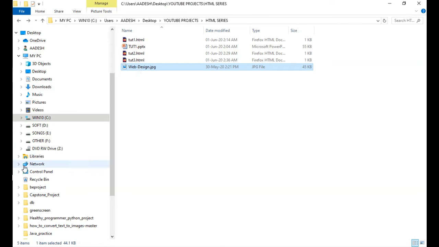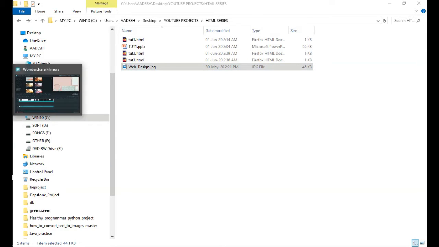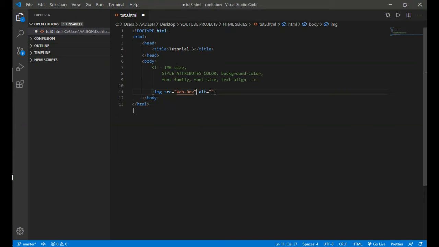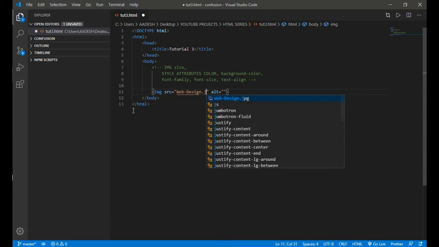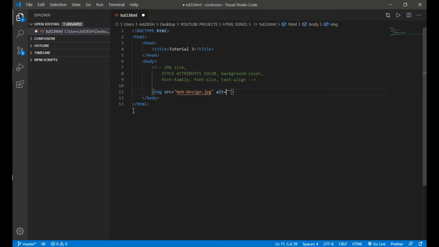It was webdesign.jpg. And in alt we write alternate text. For example, if our browser doesn't find the image, then our browser will display this text in the field of that image.